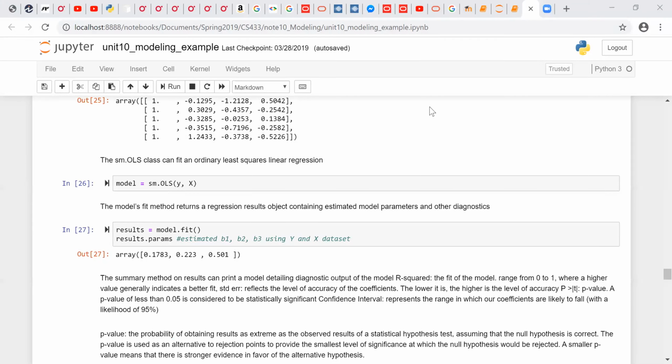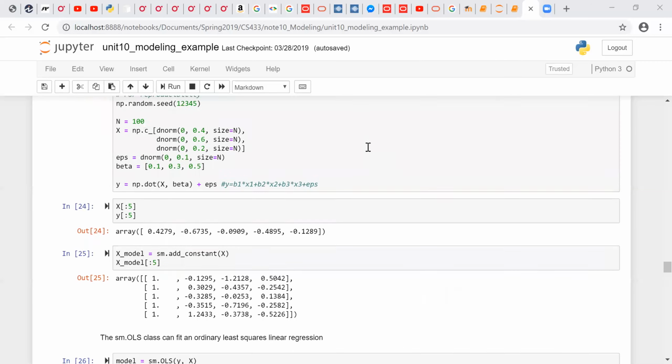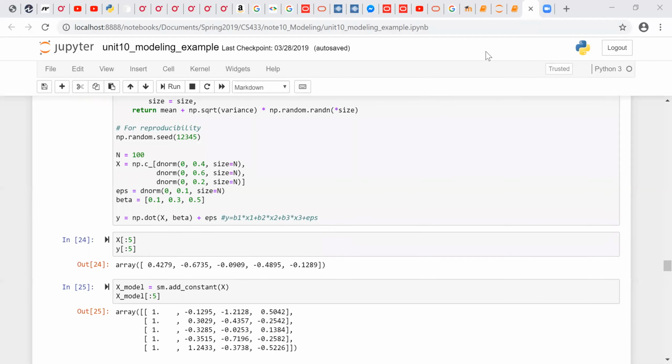After that, then you can call, okay, I'm going to fit my model. So I'm going to train the model using the data that I provided. And after that, it will give you the parameters, because our goal, this is our goal,